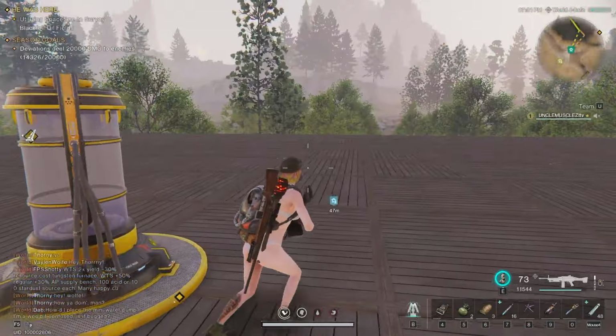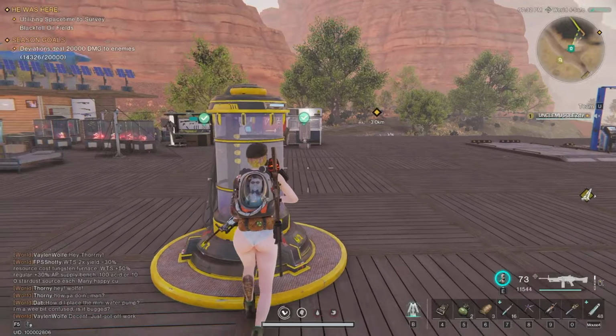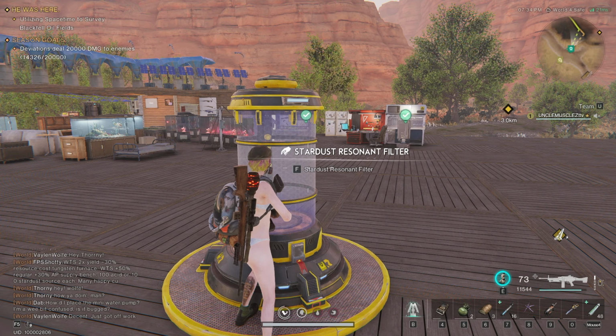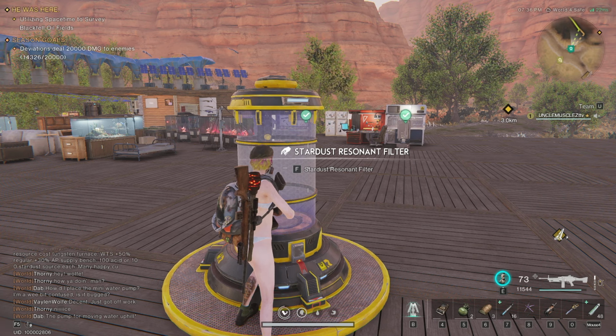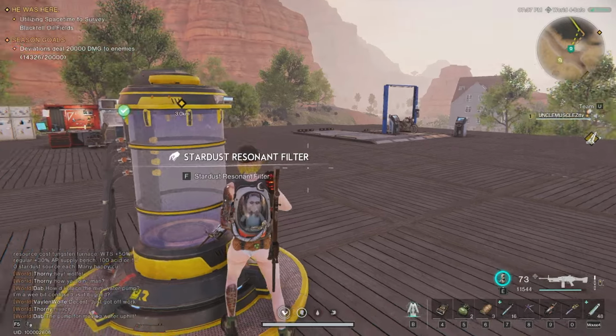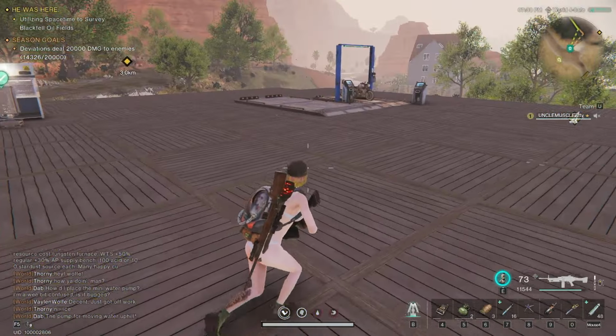And those are PvP areas, but if you manage to go take the Echo Stone from that area, you can use it much in the same way. It is something that deteriorates over time, or it loses durability over time. So if you try to put them in your inventory and just hold on to them, they will actually just disappear. But what you can do is take them over to your Stardust Resonance filter, and your base, if you have